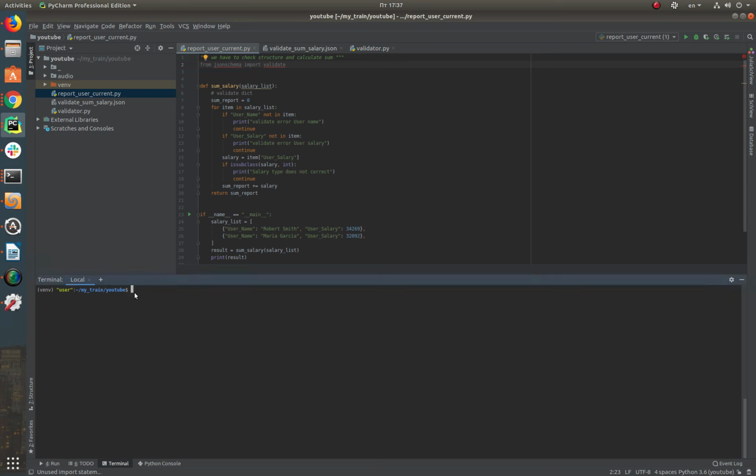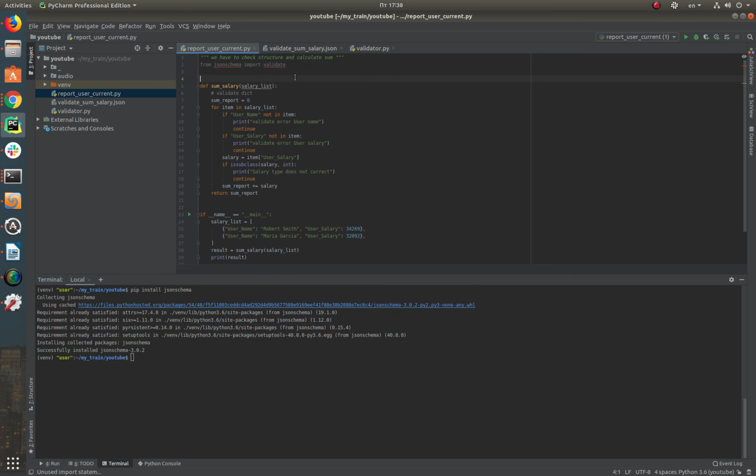Go to the terminal window. Remember that we are in a virtual environment, as evidenced by the first word in the command line. If you do not use PyCharm, don't forget to activate the necessary virtual environment in the current session. Okay, we write pip install jsonschema. Okay,